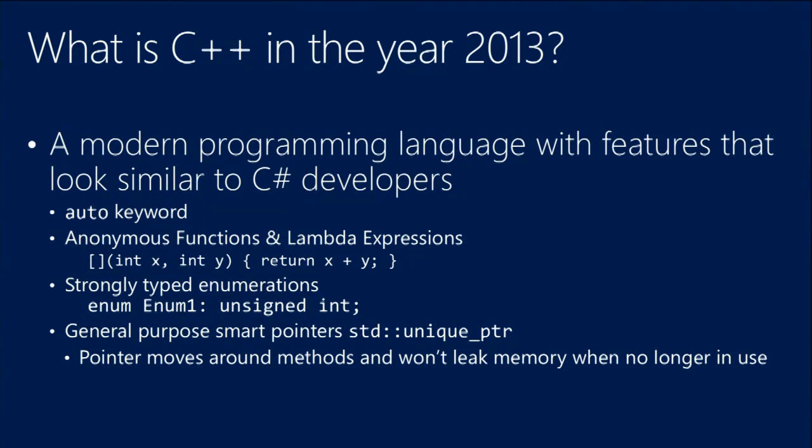And with that, the language just became more type safe. One of the coolest features of modern C++, in my opinion, is general purpose smart pointers. If I allocate some memory and assign it to a smart pointer, and pass that pointer to another function inside my C++ code, at some time that pointer will go out